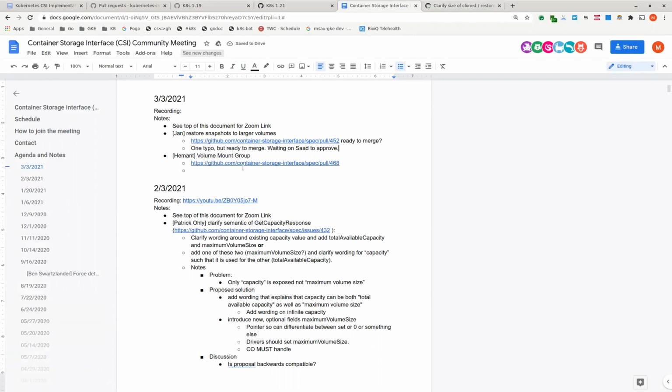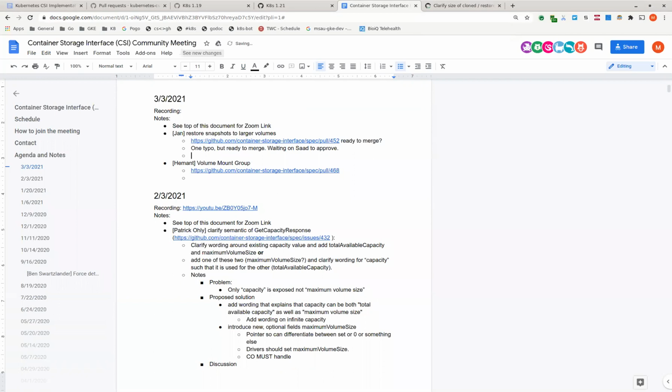Should we also talk briefly about what we discovered from talking with XFS engineers? There is a pull request in Kubernetes that implements the necessary functionality for the CSI drivers, and it could be exported through staging in the mount utilities. We talked to XFS engineering in Red Hat. There is no easy way to get the physical size of the file system, like how big the file system thinks it is.